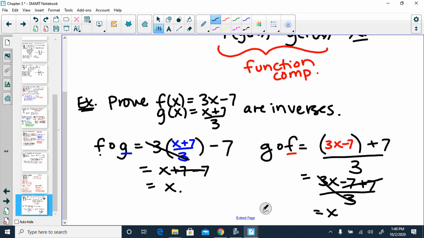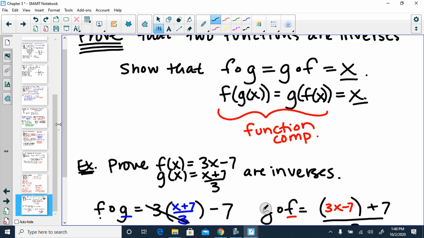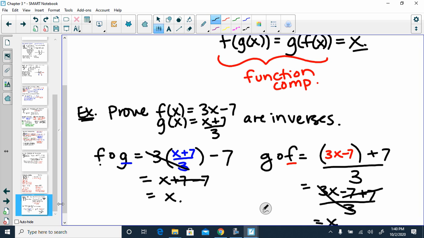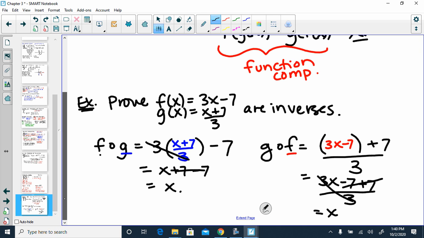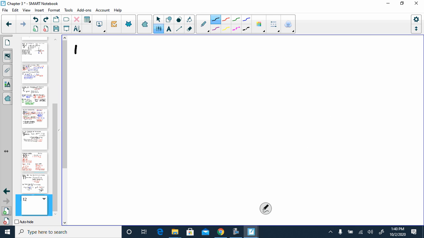As far as proving they are inverses, you have to do the function composition, and I will be looking to see if you do that. You can't just start with one and find the other. This is an actual mathematical proof, so you do have to follow strict ways of doing proofs. Let's do one more example. f of x equals the square root of x plus 2, and g of x is equal to x squared